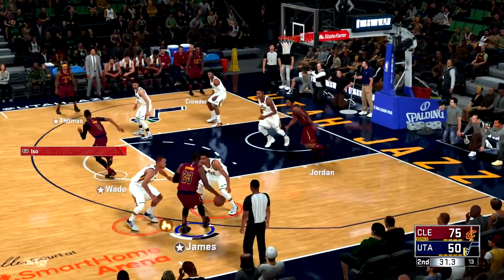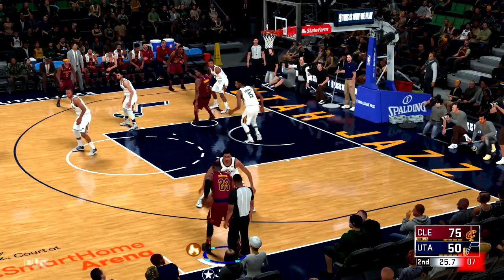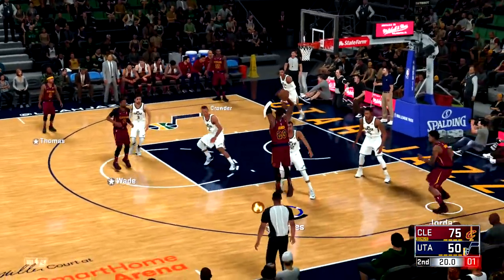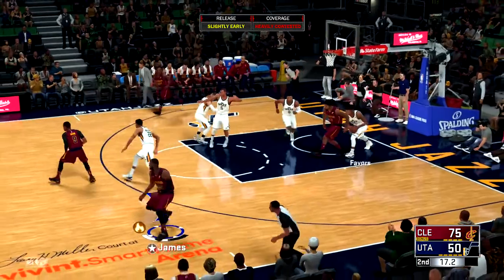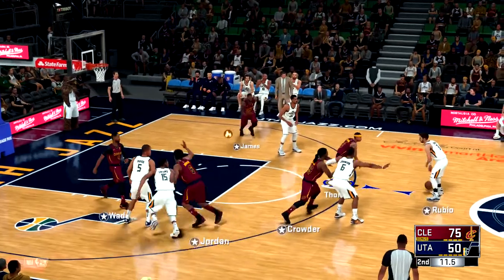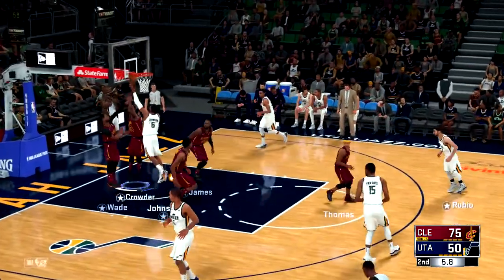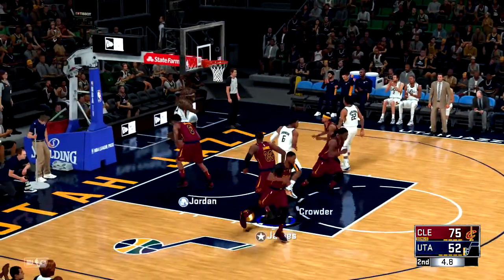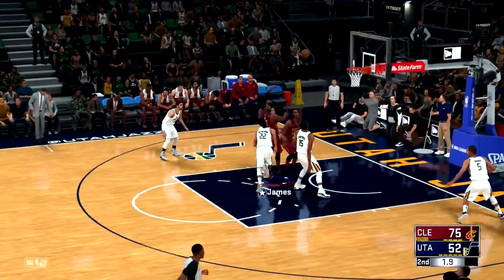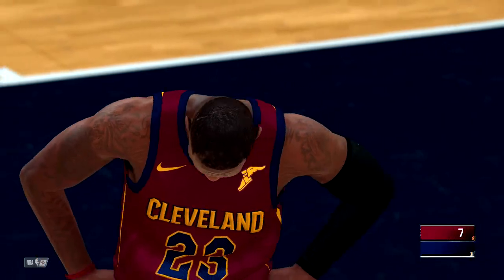Wade passes to James, and they double him up with LeBron. Back to Wade. Over Sefolosha. Favors with the rebound. Favors got his 5th rebound in this one. Favors with a screen on Thomas. To the inside, here's Johnson. That's good. It's Rubio with the assist. Rubio's got 4 assists in the game. Well, if I'm the coach over there, I'm ordering up a cup of Joe. On fire right now. And so it's Cleveland, riding high with a...